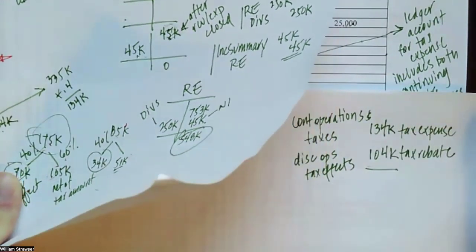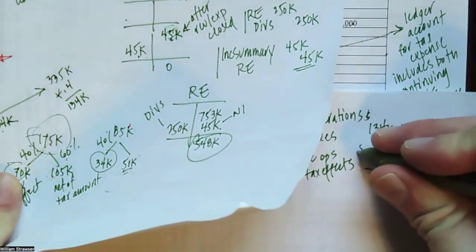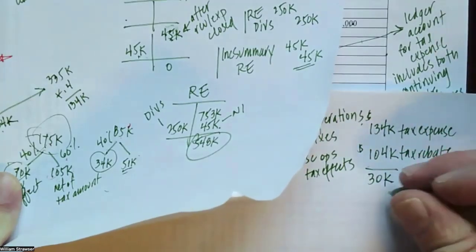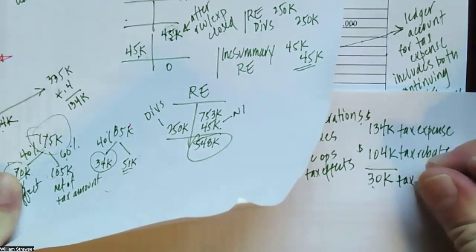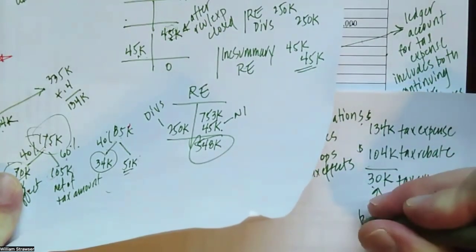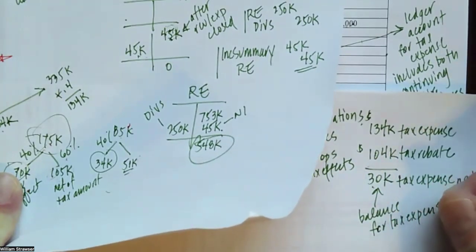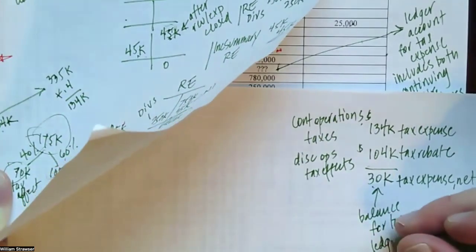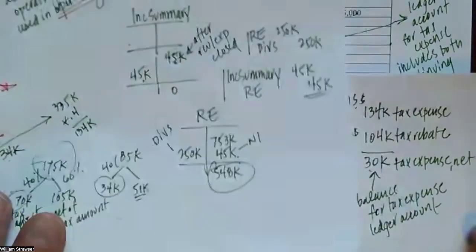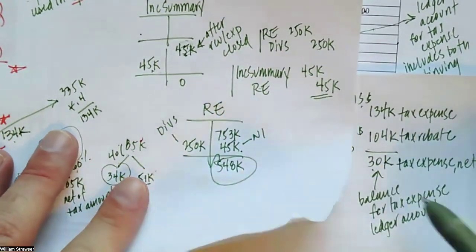So then overall, the total amount of tax felt by the company is 30,000. This is a tax expense net, if you will. But it is the balance for the tax expense ledger account. So basically, we're taking the ledger and we're saying, yeah, there was in net $30,000 of taxes, but 104 of